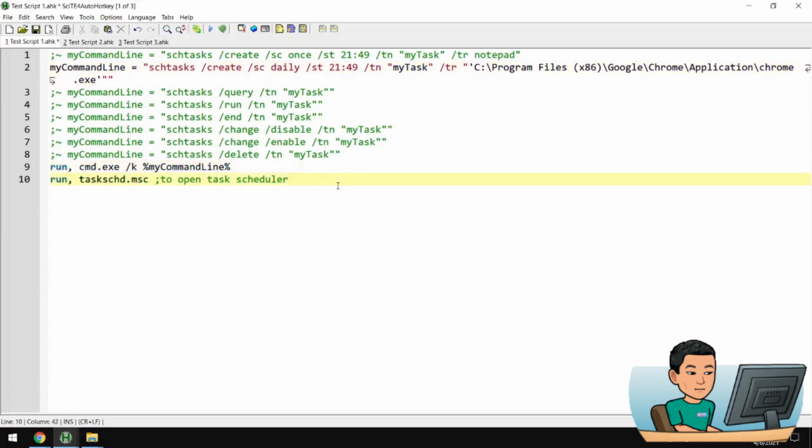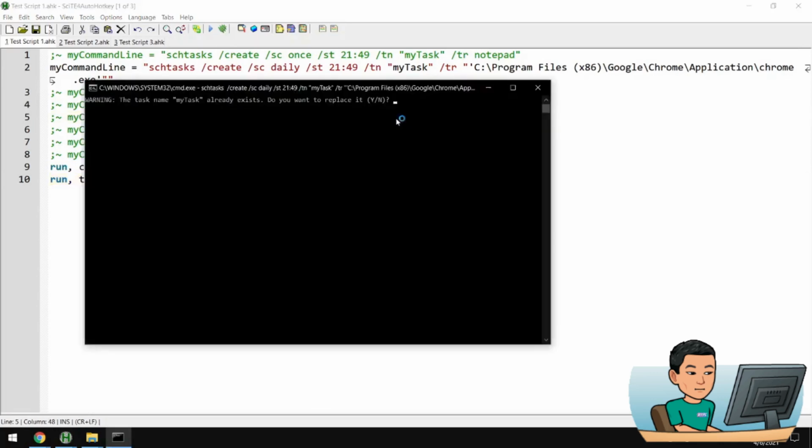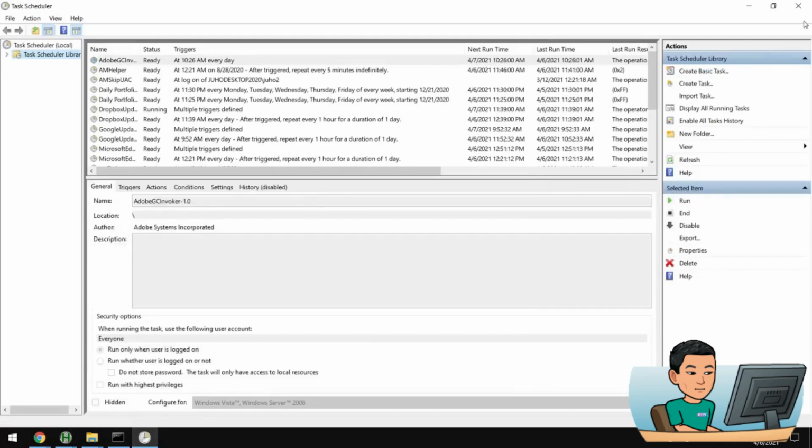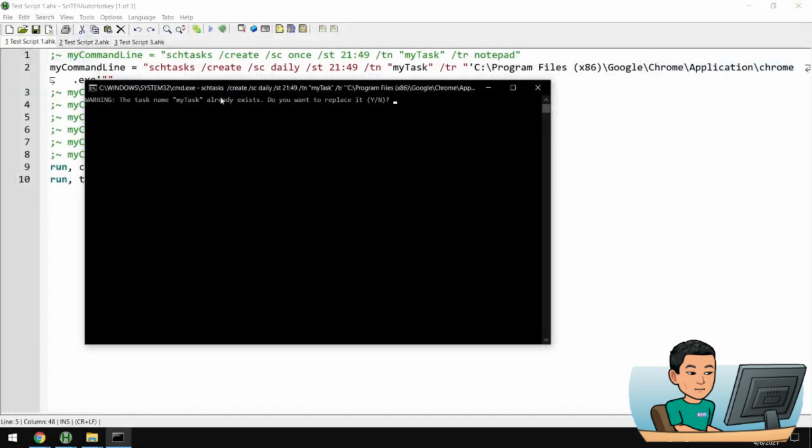The last line here, you see, is to open up the task scheduler. So if I run this, it will create the task and open up the scheduler. Now, you may have noticed that it says the task name my task already exists. Do I want to replace it? I have to go Y and then press enter to overwrite